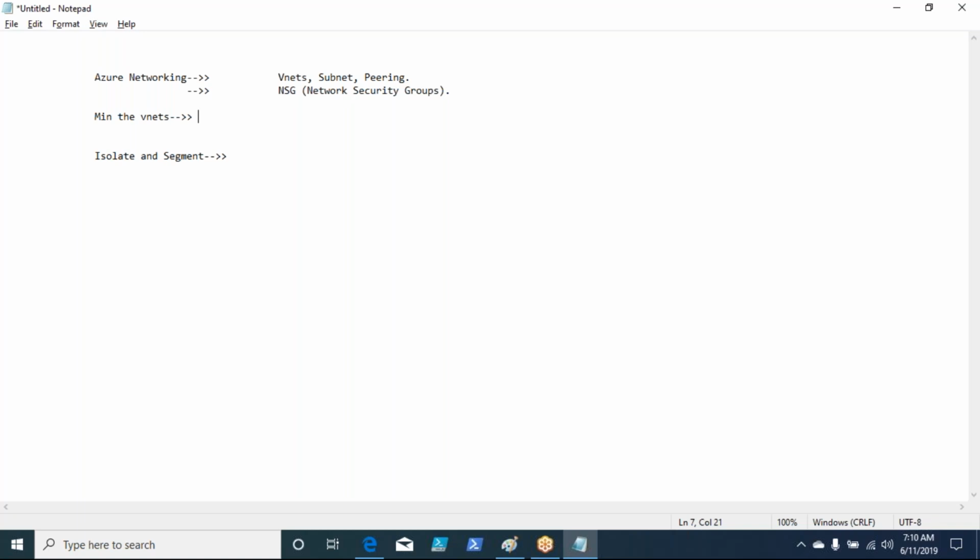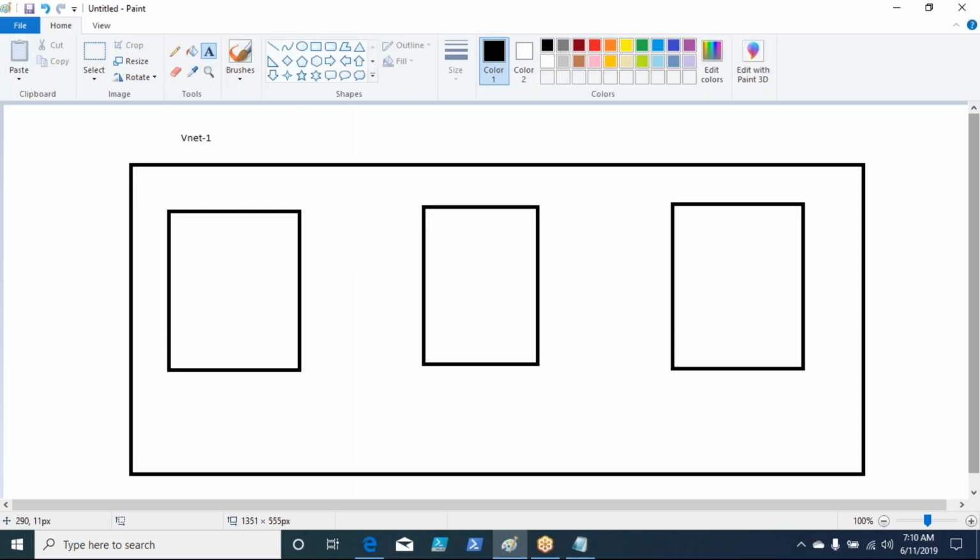Now, if there is a requirement where you want to put the traffic into a separate VNet altogether, and you don't want to enable communication between two VNets, then you can go with multiple VNets, right? Depends on the situation. But if you want to enable communication between all the different types of environments, and then restrict the communication, then you can go with one VNet